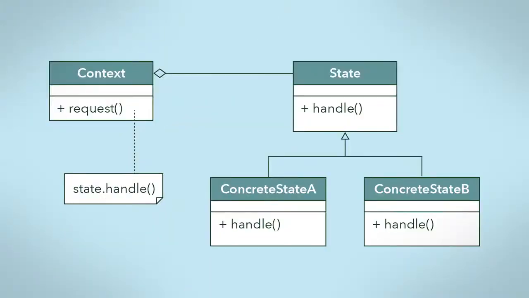The structure of the state pattern generally looks like this. In our example, the vending machine is the context class. It keeps track of its current state. When a trigger occurs and a request is asked of a context object, it delegates to a state object to